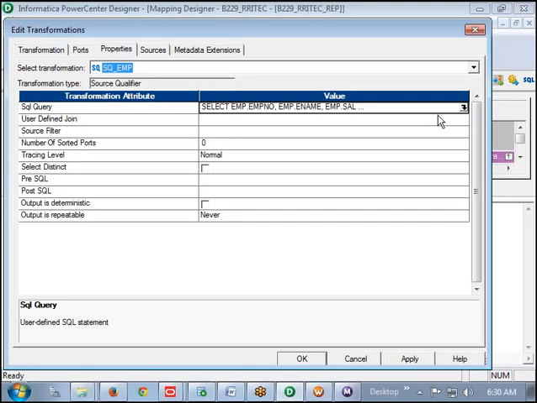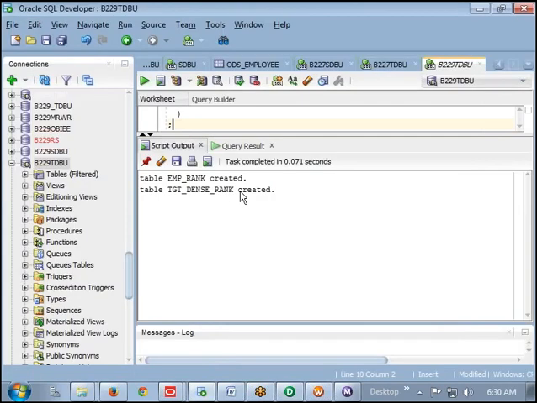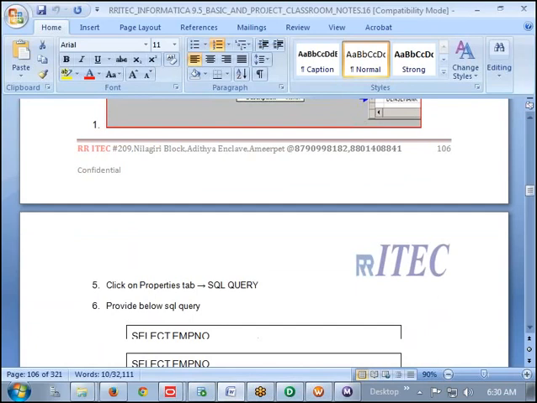Then we have to change the SQL query. Right, now SQL query already we know how to write it. Yesterday we wrote that one. So that SQL query is given here. You can go and you can paste over there.